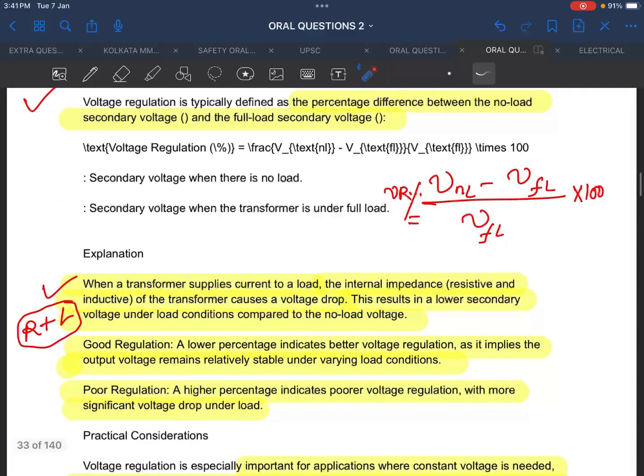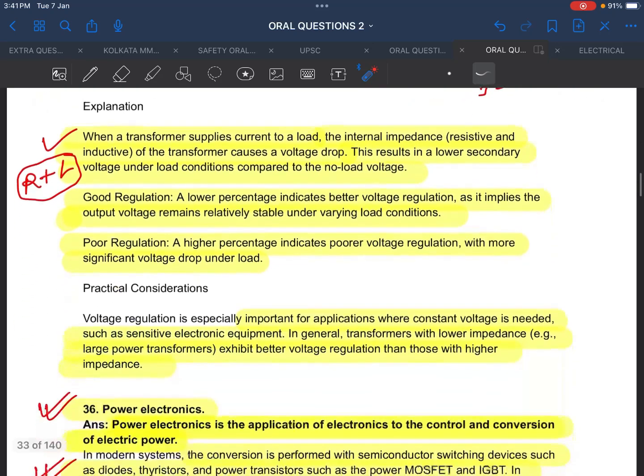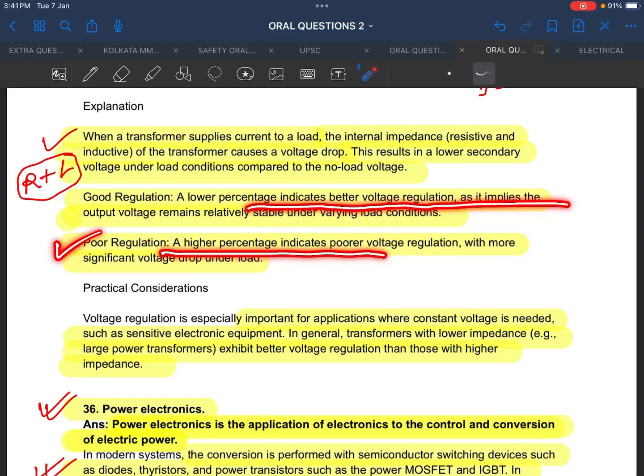Okay, you understand? When a transformer supplies current to the load, the internal impedance, resistive and inductive, of the transformer causes a voltage drop. This results in a lower secondary voltage under load compared to the no load voltage. Good regulation: a lower percentage indicates better voltage regulation. Poor regulation: a higher percentage indicates poor regulation. The percentage relates to impedance. The more the impedance, the poorer the voltage regulation. Okay,